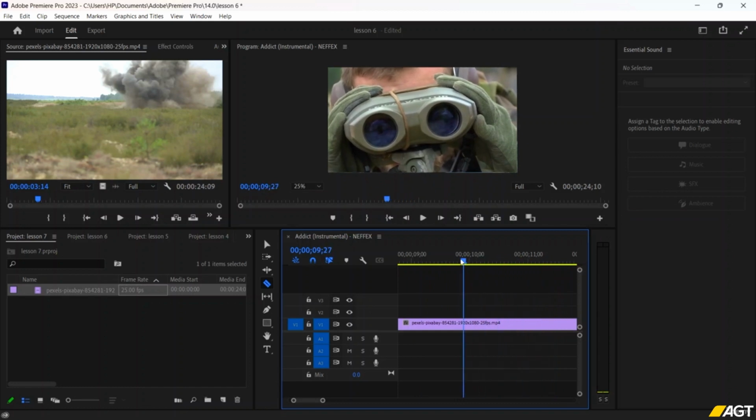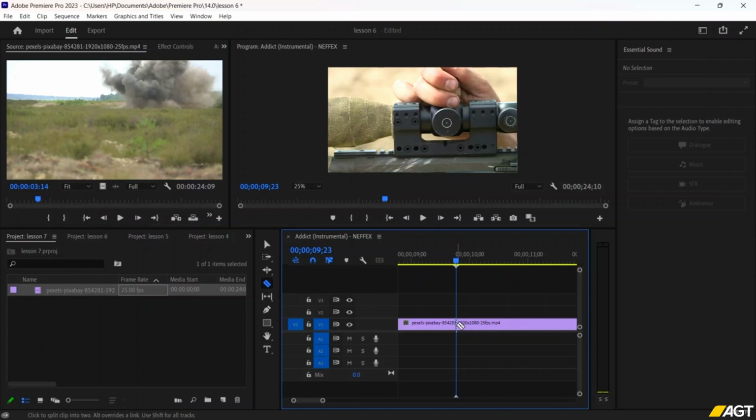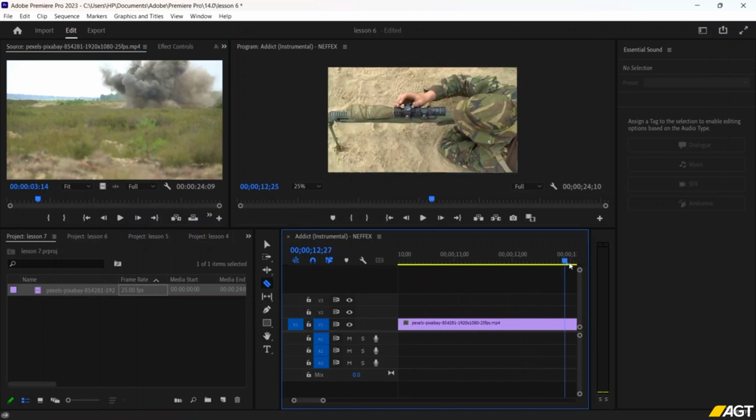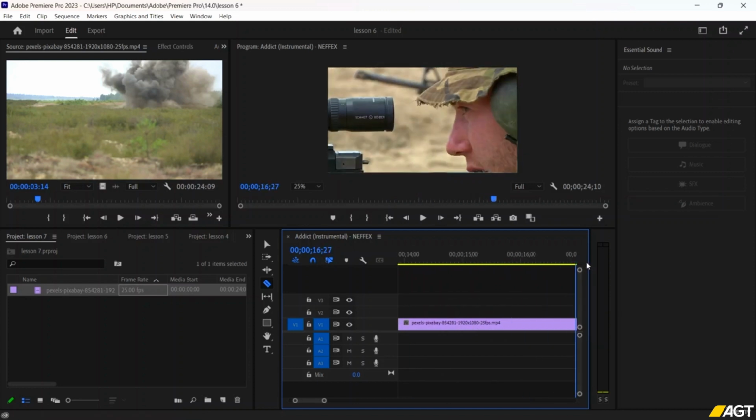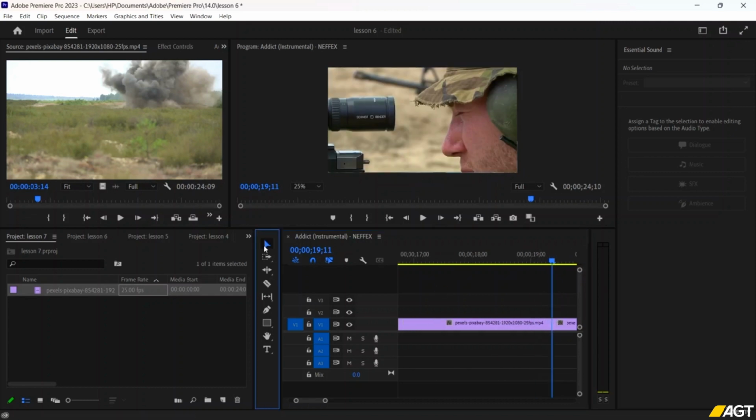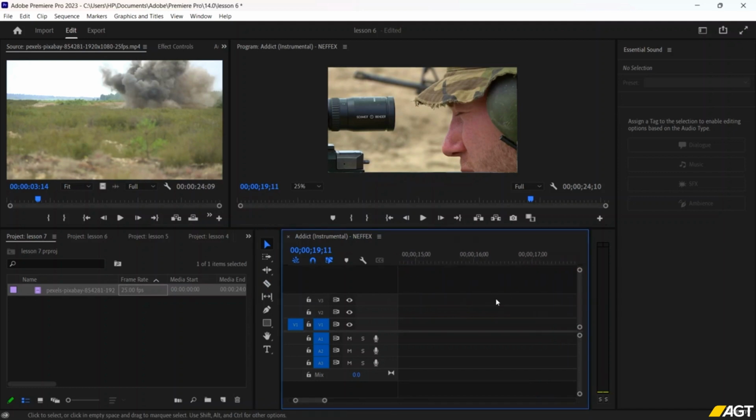I want to also cut it, so I'll press Control K to cut it. Okay, now afterwards we have the sniper. Okay, now I'll use the razor tool here too. Now after that, I can easily use the selection tool to delete parts of my video that I do not want. And here you can see that